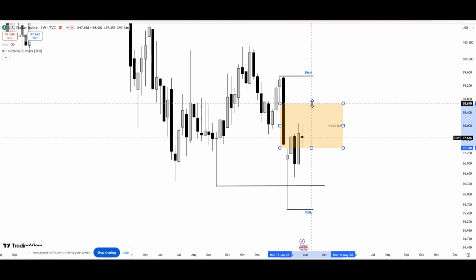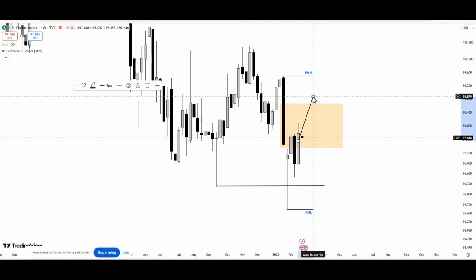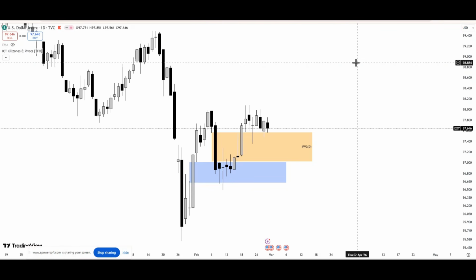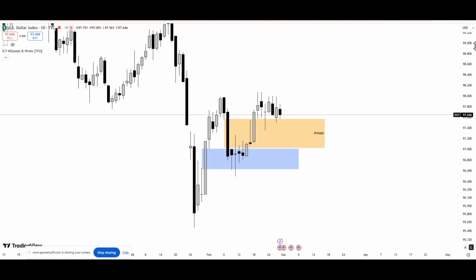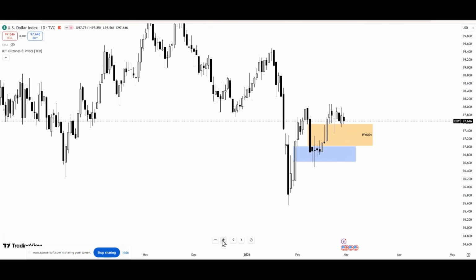The only time we are going to get confirmation, especially if you want to see bullish moves, the perfect confirmation will be after price inverts this weekly fair value gap. But before price inverts this weekly fair value gap, we are still here. However, if we look at the daily time frame, you'll see the story is different. You can clearly see already on the daily time frame, the order flow is changing to a bullish order flow.